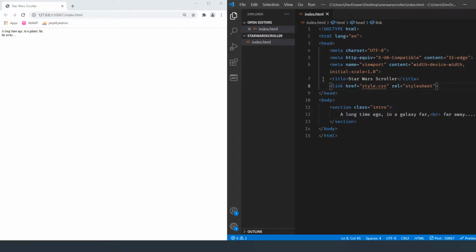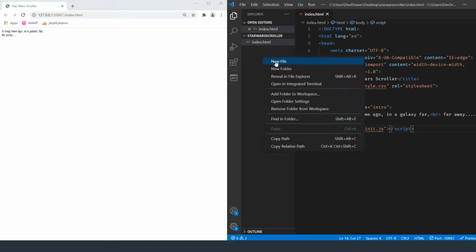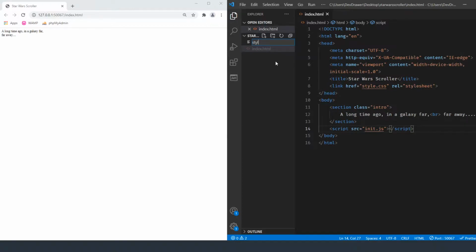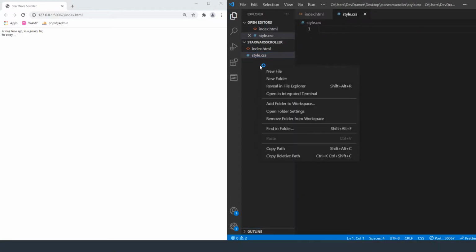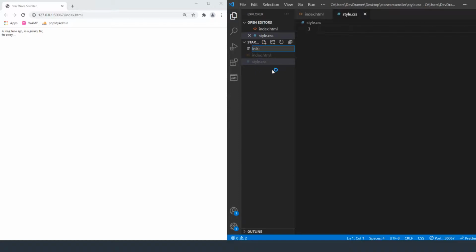That's just going to give us a blank style sheet to work with, and I'm also going to load in a script, with src equals initialize.js. Let's create those files over here too. So we have style.css, and we have initialize.js.